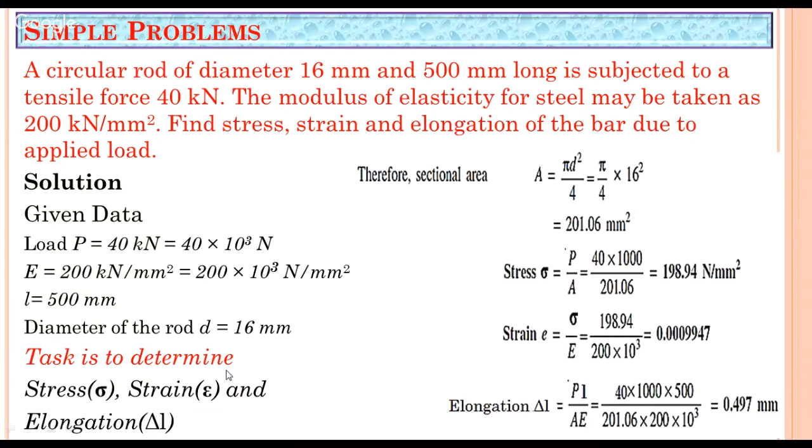That means you have to express the length and the diameter, and area should be in millimeter square. Either you can convert this to Newton per meter square. So it has to be expressed in the same way. So first, in determining the stress, by using this diameter of the rod,